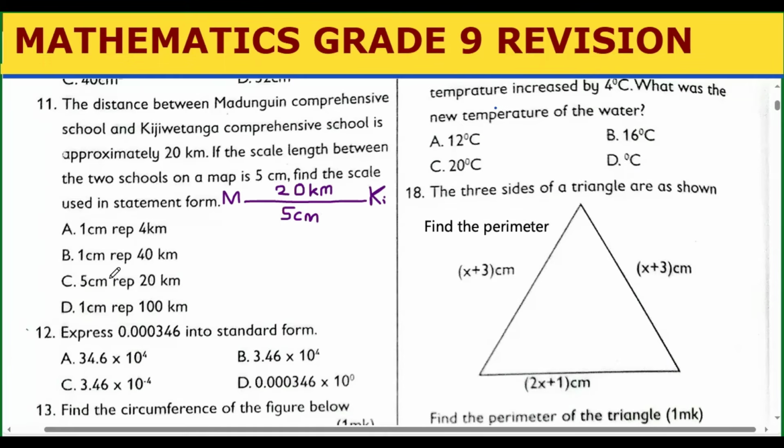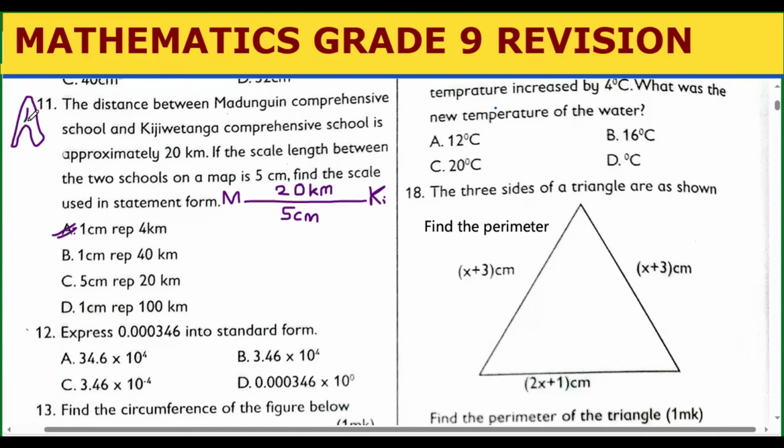So now we are being asked, 1 centimeter represents what? If 5 centimeters represents 20, 1 centimeter will represent, you just divide. 20 divided by 5, which is 4. So 1 centimeter represents 4 kilometers. Now don't forget to write kilometers because this is representative. This is statement form. 1 centimeter represents 4 kilometers. So the answer is